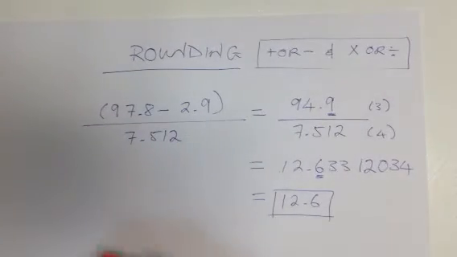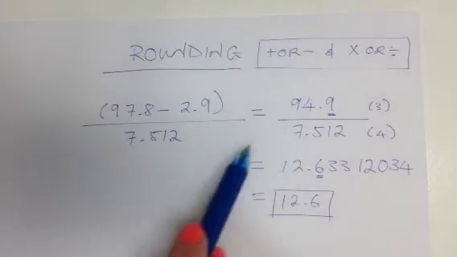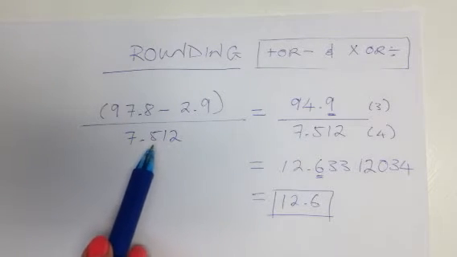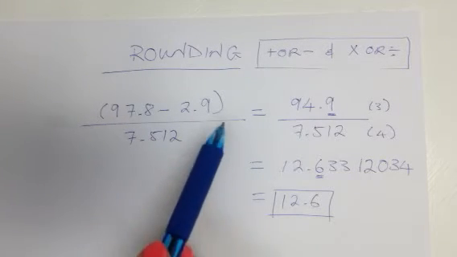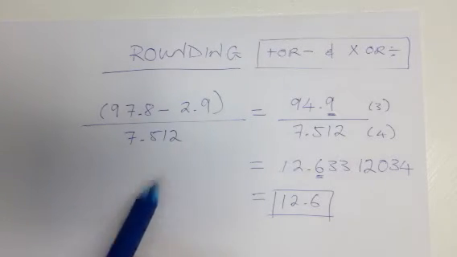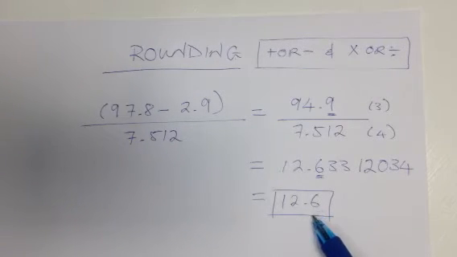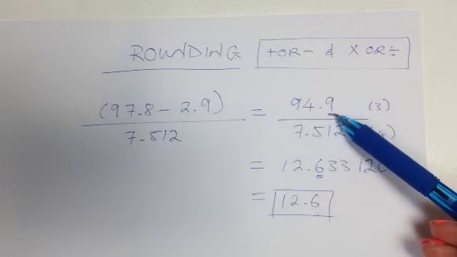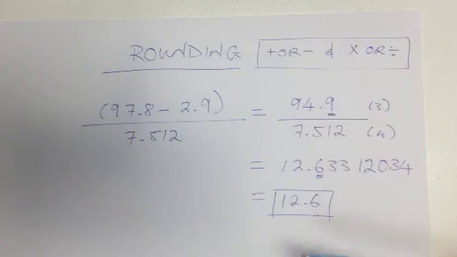So if we just glanced at this problem here, we'd see we've got 3 sig figs, 2 sig figs, 4 sig figs, and we might be tempted to just round our answer to 2 sig figs. But in fact, we have to round to 3 sig figs because the subtraction limited us to the tens column, which actually gave us something with 3 sig